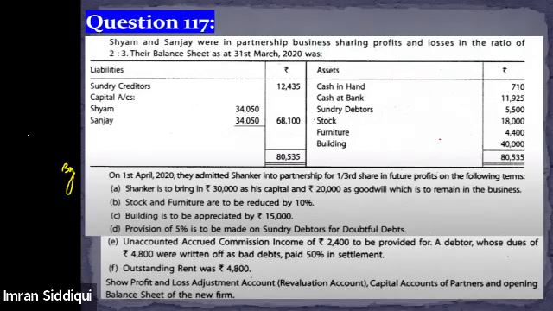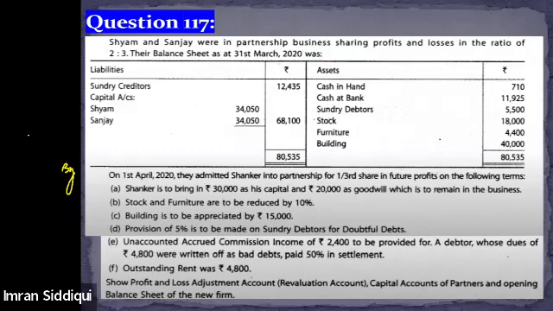Shyam and Sanjay were in partnership business, sharing profit and loss in the ratio of 2:3. The balance sheet is given: cash in hand, cash at bank, sundry debtors, stock, furniture, building, sundry creditors, and capital account balances. Shyam and Sanjay's is 34,050 and 34,050 each. Then there is some additional information also given in the question, which says that